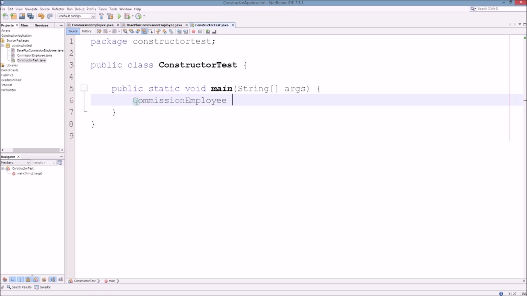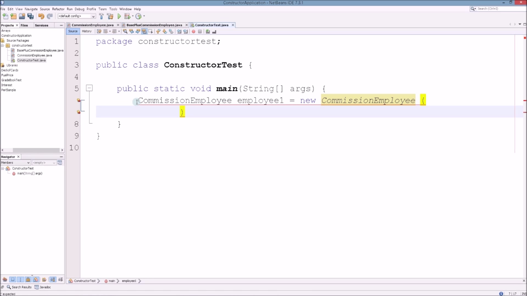employee1 equals new CommissionEmployee, and in the parentheses we're going to type in the information. First name is Bob,